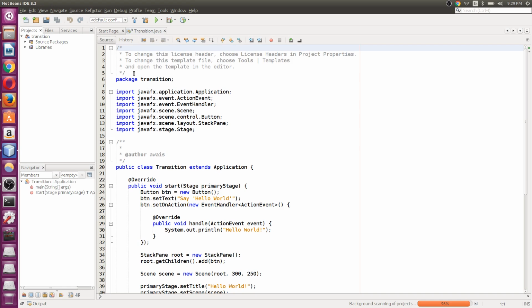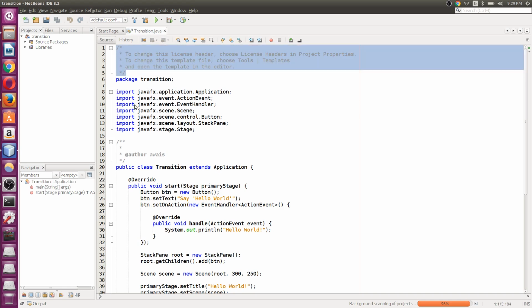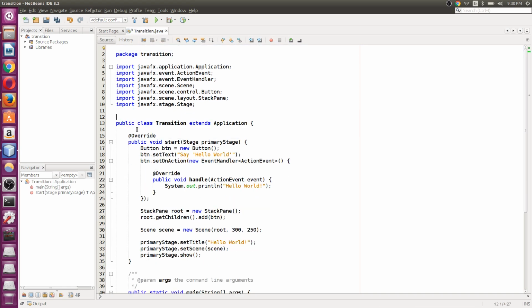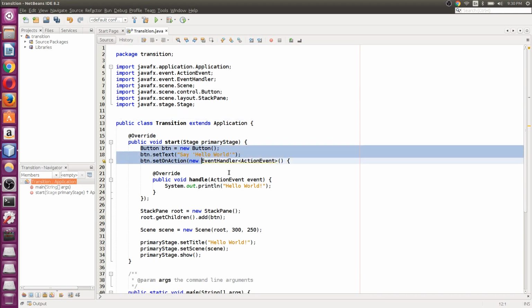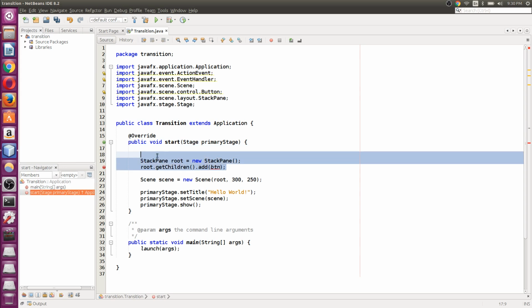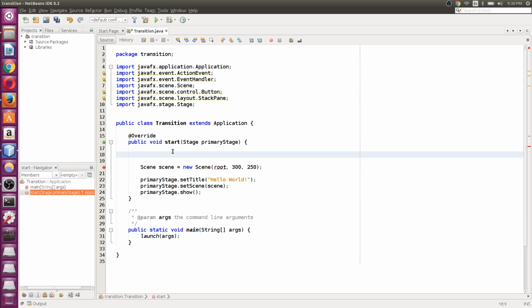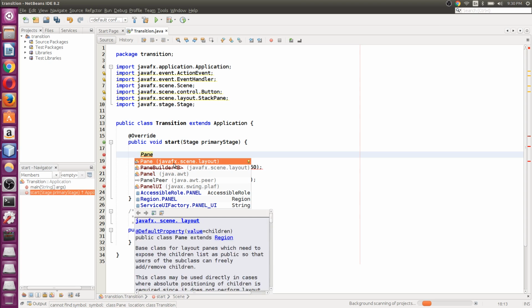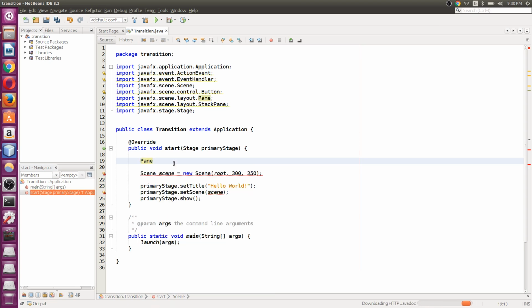I'm just going to get rid of a few comments here. I don't like them, and we don't need this button object as well, so let's just get rid of that. We don't need this root for now. So now let's create a root first. We're going to use Pane as our default root, so let's just select that. Make sure you select the